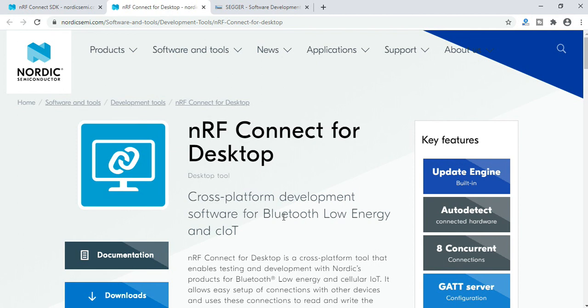So we talked about the nRF5340 PDK, the preview development kit. To start up, you require nRF Connect for Desktop to download whatever tools or any SDK that is required. SDK is nothing but the software development kit. So for that, you need nRF Connect for Desktop. This is the first point where we start working on the nRF5340.